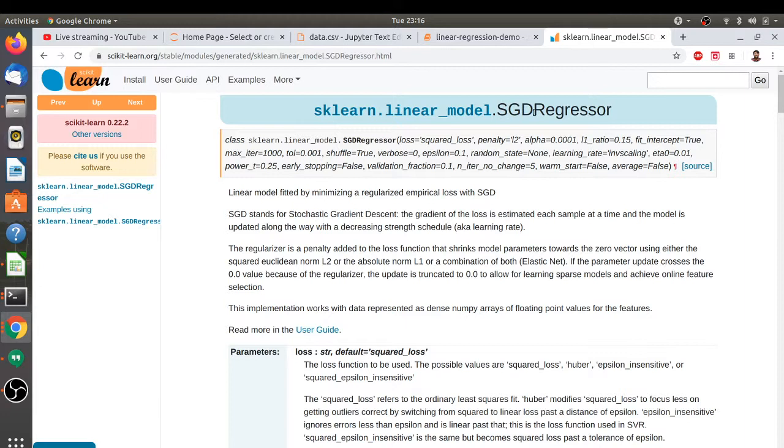What is SGD regressor? It's nothing but stochastic gradient descent regressor. The current data that we have is only of size 100. So if we go to bigger applications, or when we have more data,